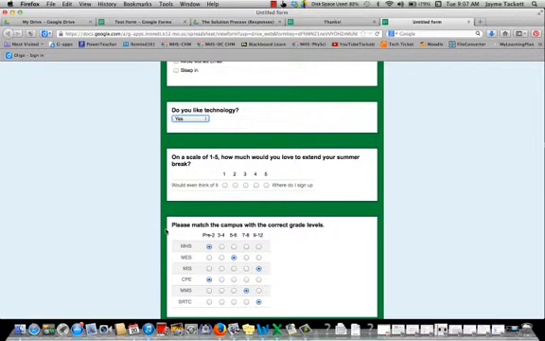I like these questions a lot when I'm doing like exit slips. How comfortable do you feel with the material that was presented today? Or do you feel confident in your understanding? Do you feel like you could do these problems on your own? And I get a scale of 1 to 5. It gives me some instant feedback. If I'm getting a lot of 4s and 5s, then we're probably ready to move on to the next section. If I'm getting a lot of 1s and 2s, I maybe need to spend a little bit more time on